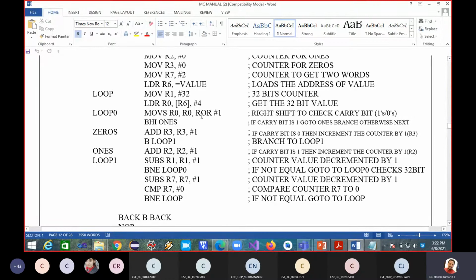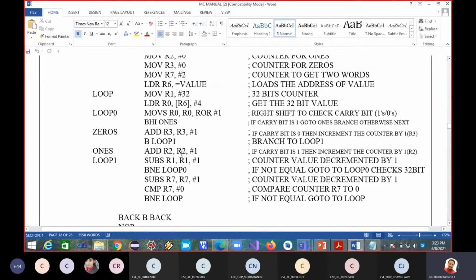Next, we perform the rotate right operation on R0 and update the register R0. Every time the rotate right is done, I check whether there is 1 or 0 in the carry flag. If there is 1 in the carry flag, ones is incremented, and R2 gets incremented.